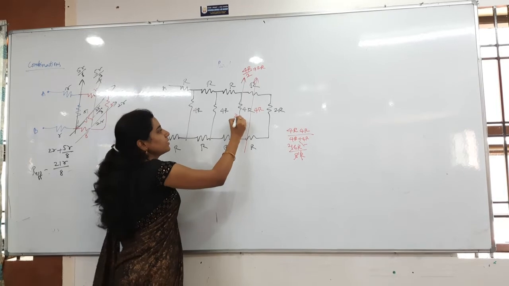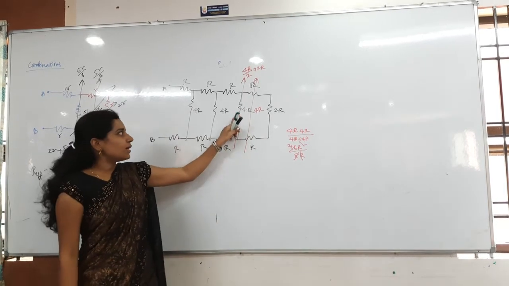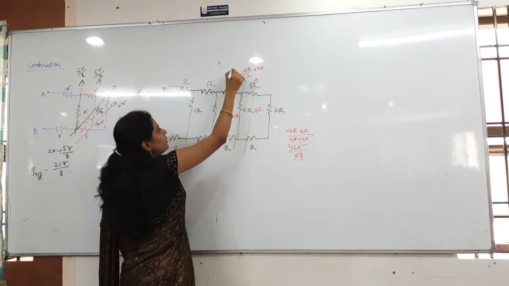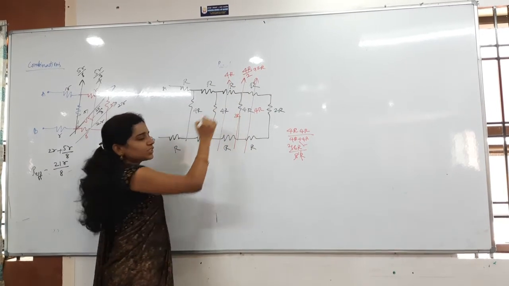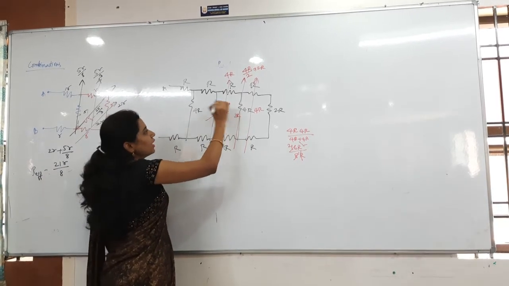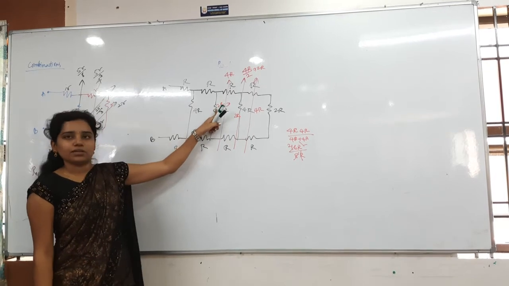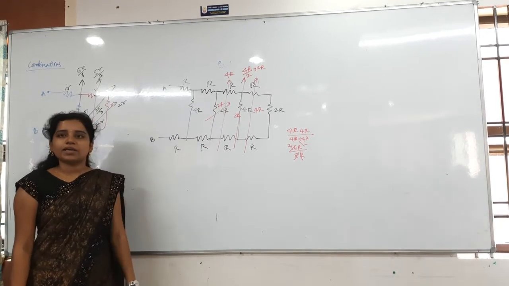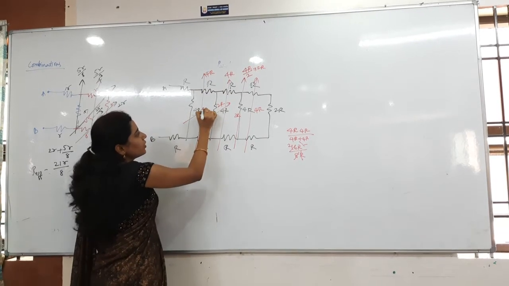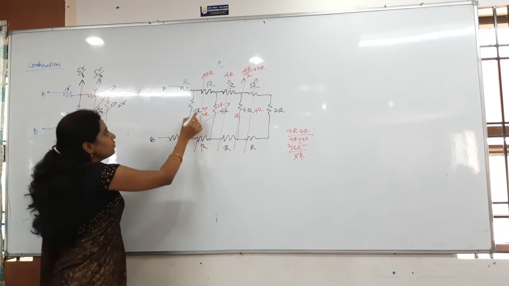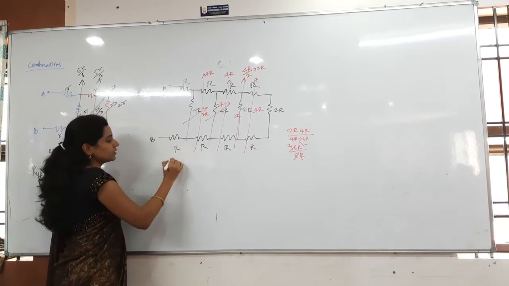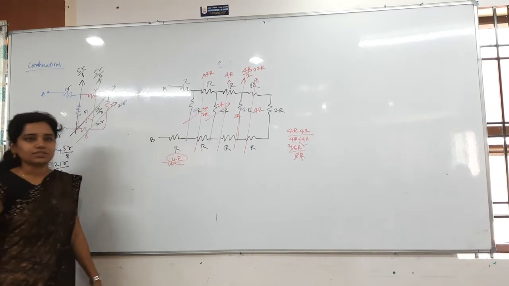Nothing but this line is giving 2R for us. 2R plus R, again how much? 4R only. Again this will be 4R. 4R, which combination? Parallel combination. In parallel how much will you get here? 2R you will get here. Again 2R, R and R. How much again? 4R. Now again 4R here. This 4R and R will be 2R. Again 2R, R and then R, totally how much? 4R. So between them what is the resistance? Nothing but 4R is the effective resistance.